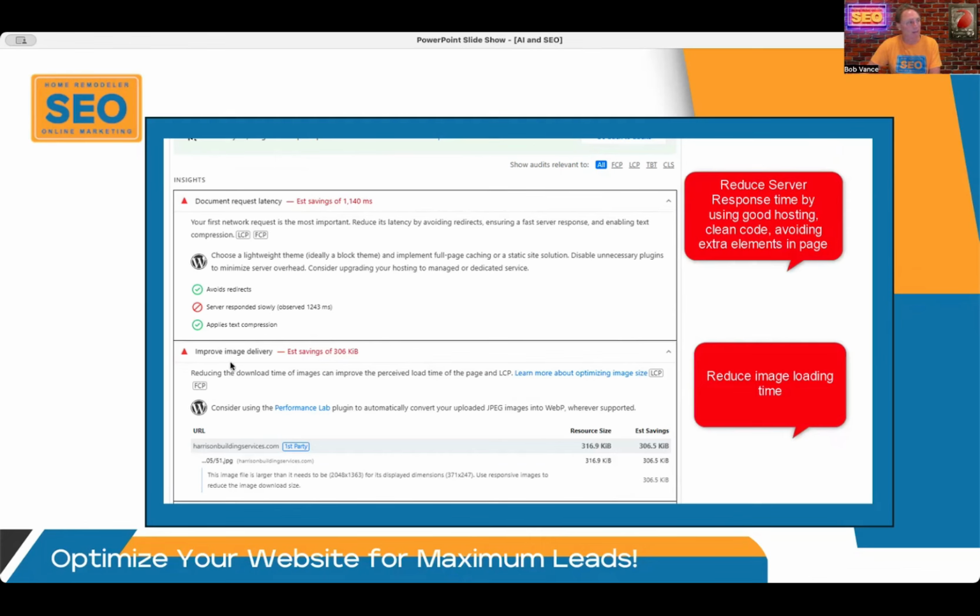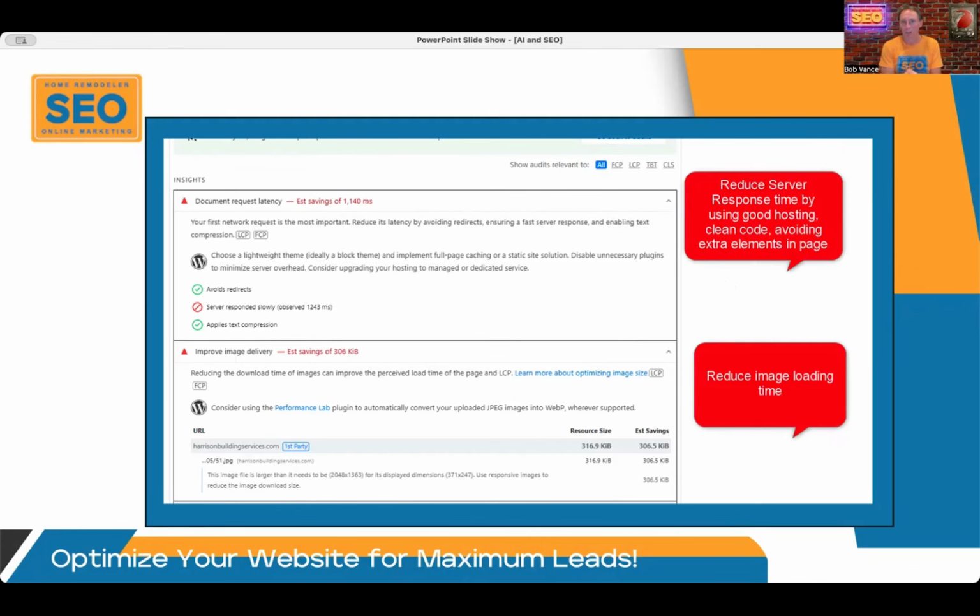And then when we talk about improving image delivery, don't put those big print-ready, poster-ready images on your website. Shrink them down, what we call image compression, so that they load really quick, because they're still going to be fine. We're not talking about shrinking them down till they're some thumbnail you can't even see, or they become blurry. They're okay for the website, for the internet.